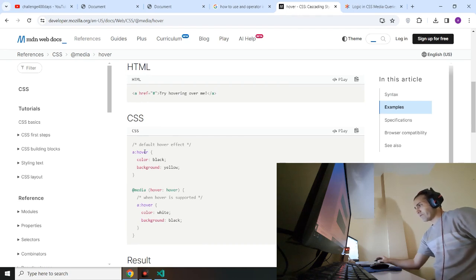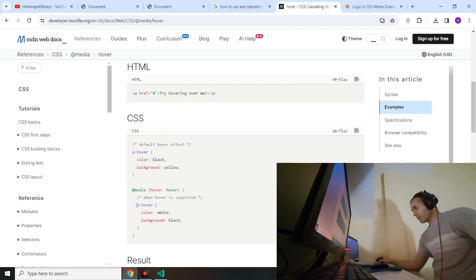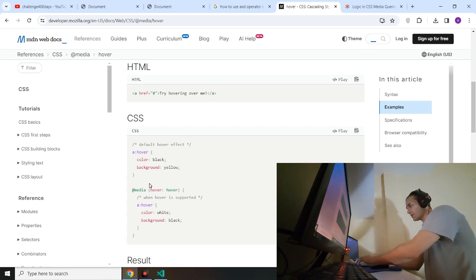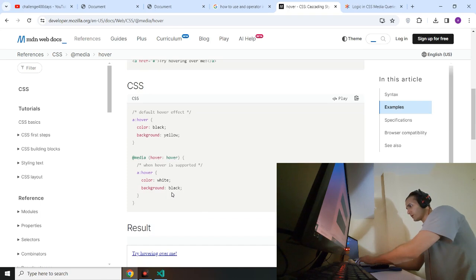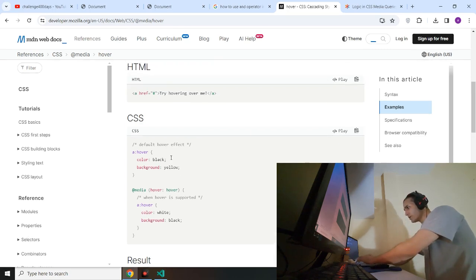There is something funny here, which is called hover. So let's create a media query here, media, and we can say